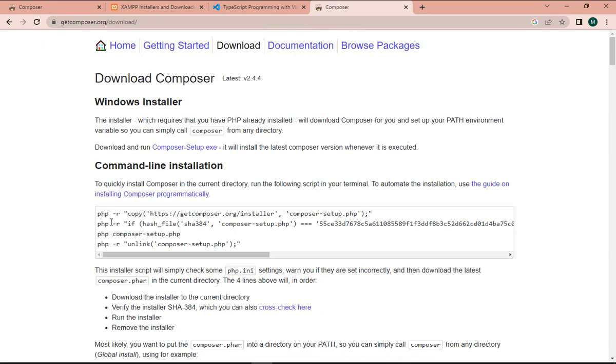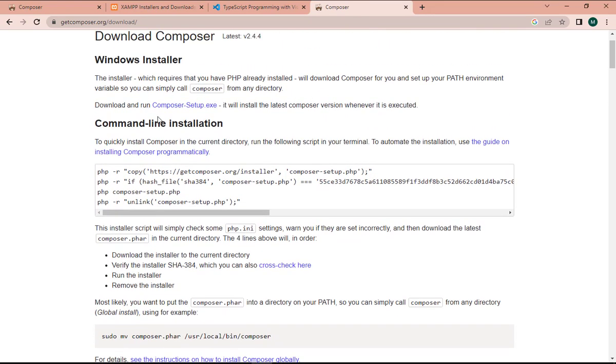Here you can see many choices. My operating system is Windows, so I click on this and we will download this. After download, the installation is very simple. And after we install that,